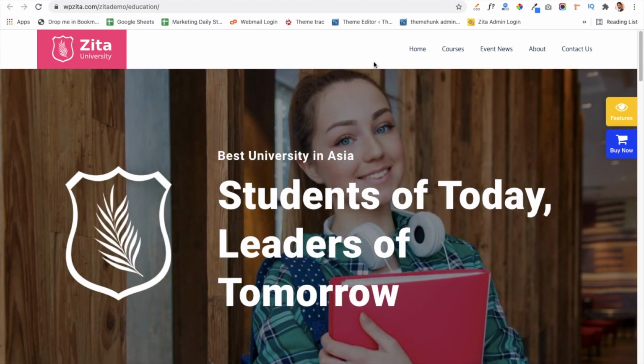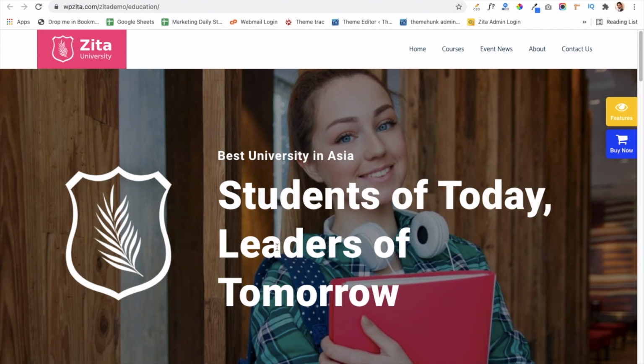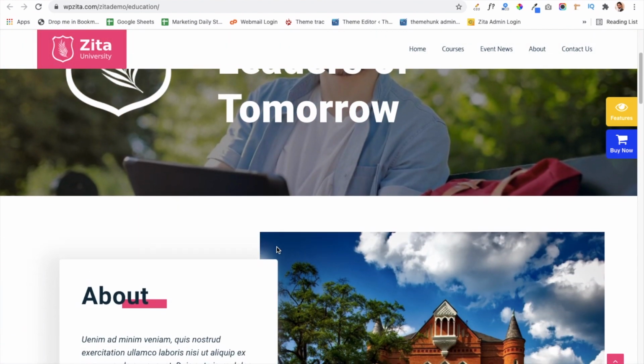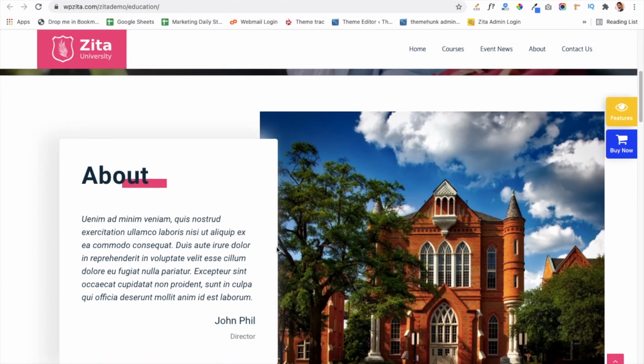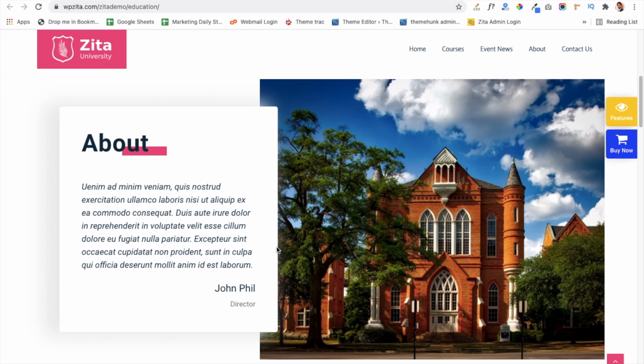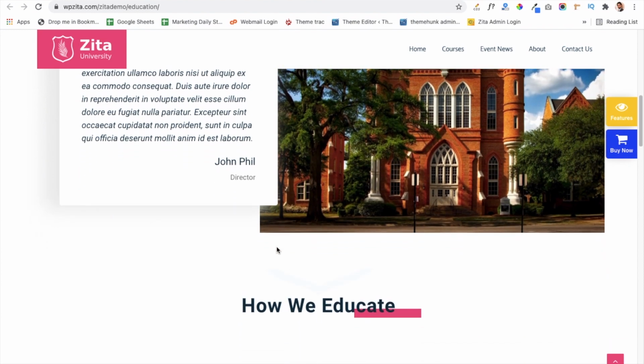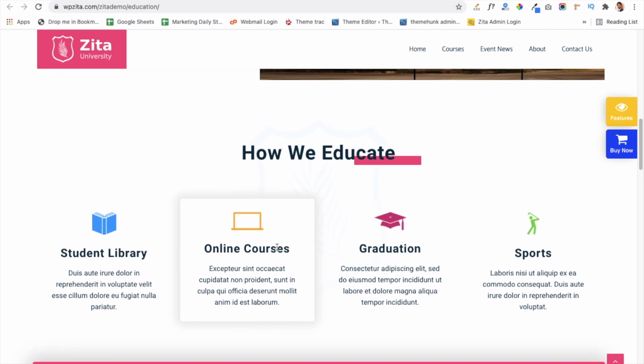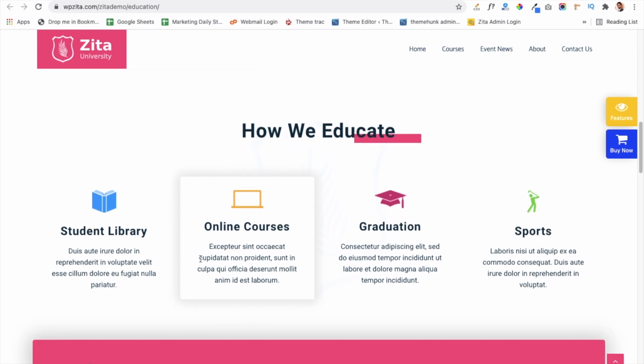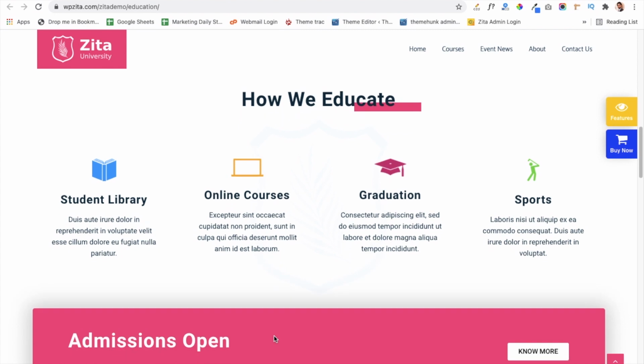This is the header part, and below that you can see the slider section. After that you can see the about us area. You can add details of your college or your university. After that you can see some special features of your college or university, where you can give special or important points of your institute.